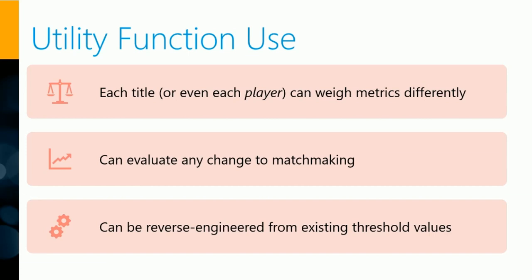We could actually put a utility function on every game title and even drill down to every player. They can each have their own utility function to tell the matchmaker what's important to them. They also are really nice to use to evaluate any change you make to matchmaking, because if you already know what is important to you, then changing other aspects outside of that will change the utility. And you can then see if that utility is still what you wanted it to be, if you're still